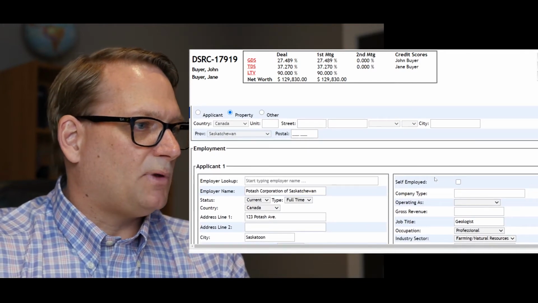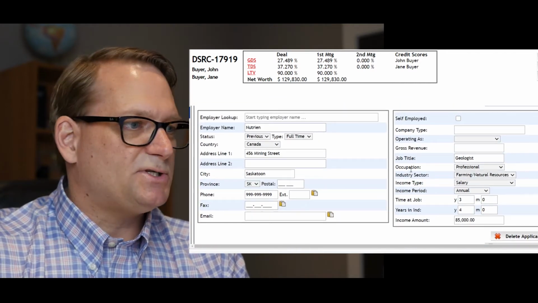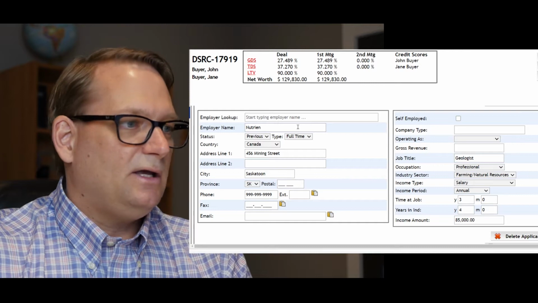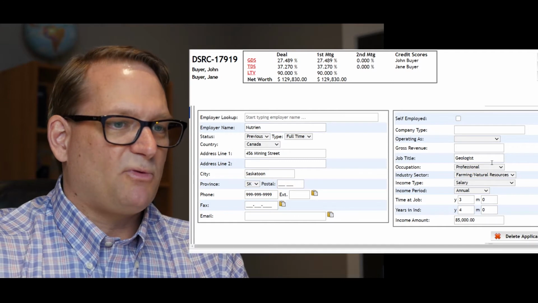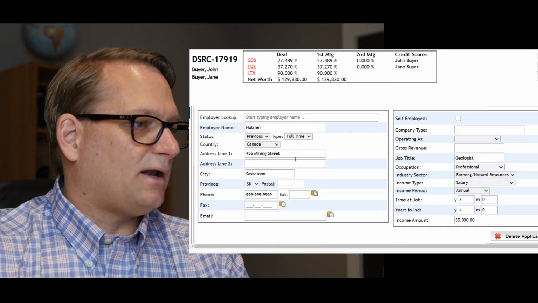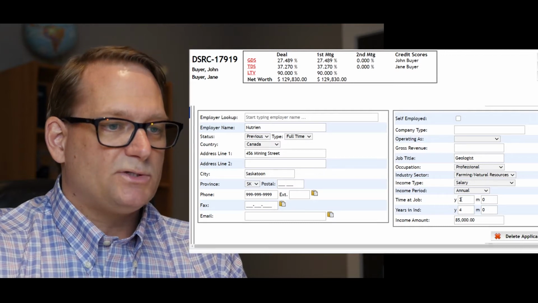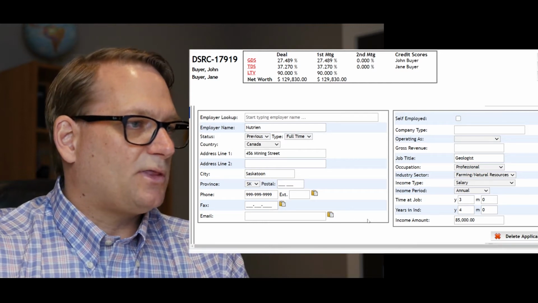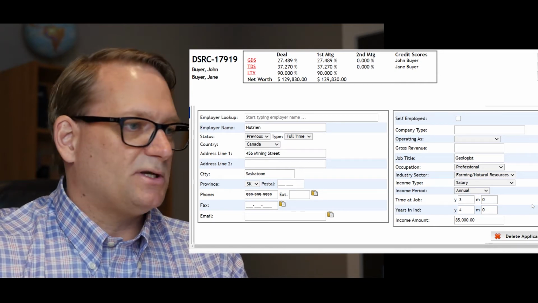We've got their work history. For John, let's start where he started. He's a geologist, went to university, became a geologist, and he started with, this isn't a fictitious company, a company called Nutrien. They're a potash company, and being a geologist, he took a position with them as a professional in a salary position. If you look here, it's got an address, the city of Saskatoon, and a fictitious phone number. A geologist there for 3 years. When it comes to employment history, we need to go back 3 years for that as well. So he's been with Nutrien for 3 years, and he has 4 years' worth of experience. This is probably his first job right out of university as a geologist.